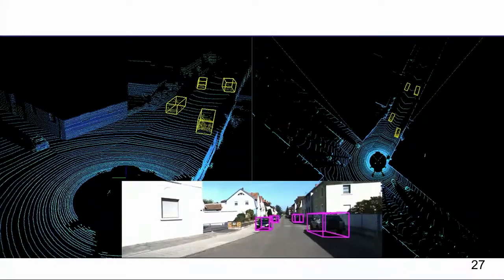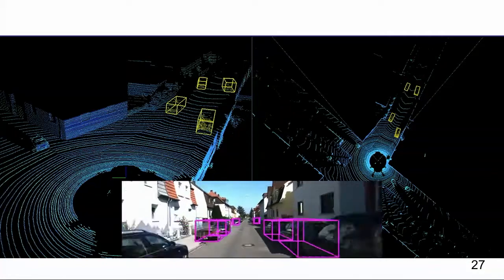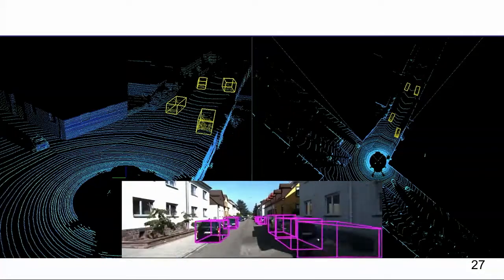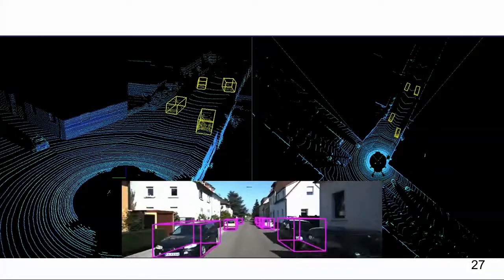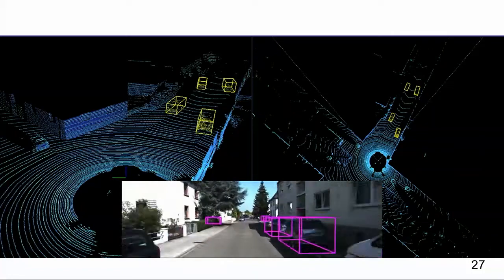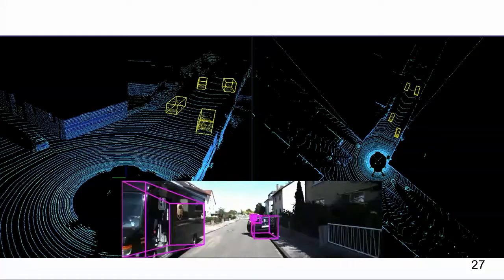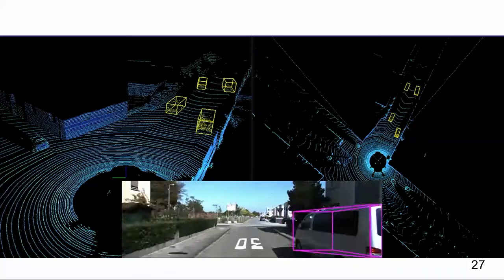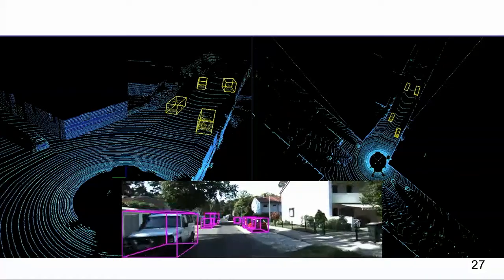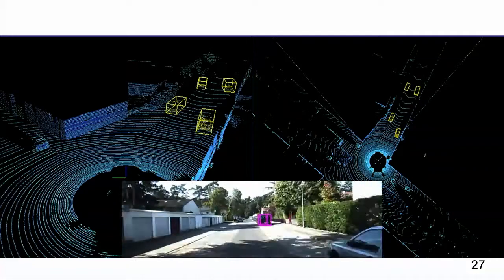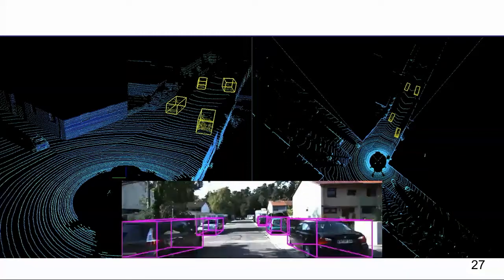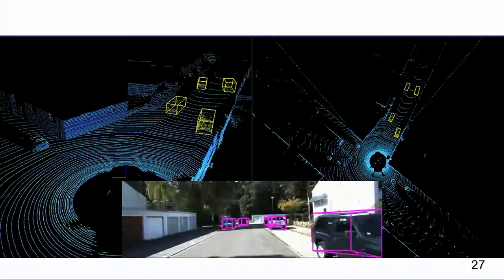How do we solve it? Well, we use deep learning models. Here's a deep learning model in action. We see we have detected all the cars around us, and we're putting a pretty tight-fit bounding box around each. We have come a long way in 3D object detection. I think we have solved this pretty well.